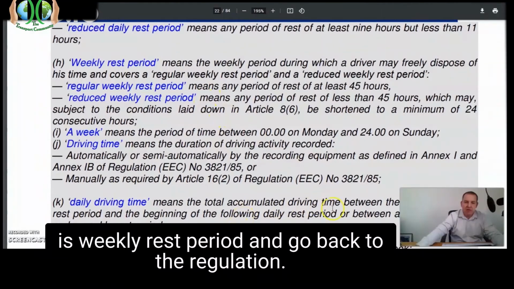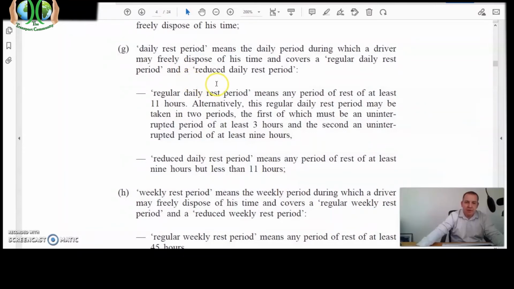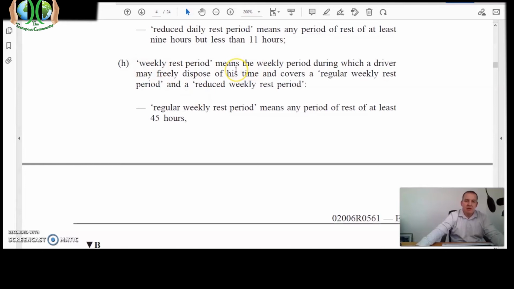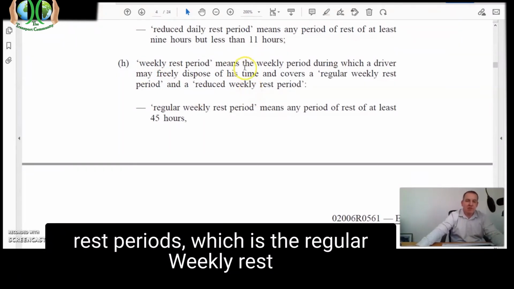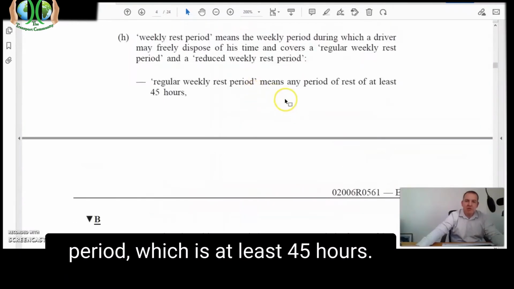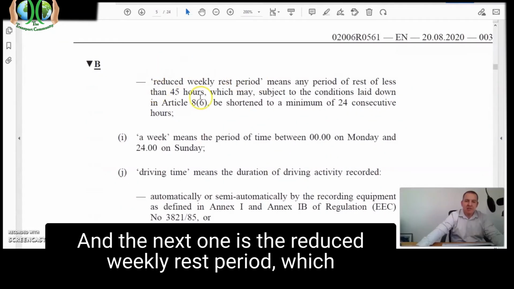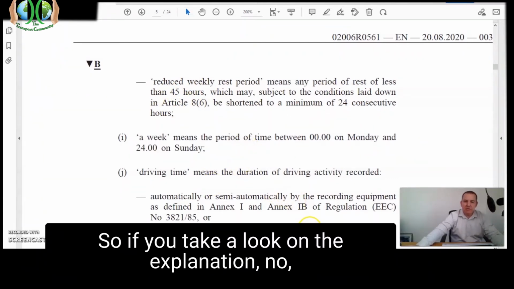I go back to the regulation. Okay, here we are. Weekly rest period. That's easy. We have two different kinds of weekly rest period, which is the regular weekly rest period, which is at least 45 hours, and the next one is the reduced weekly rest period, which is at least 24 hours, but less than 45 hours. Because if you take a look at the explanation,